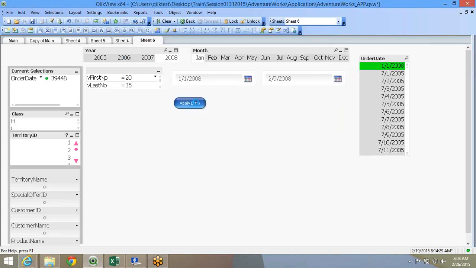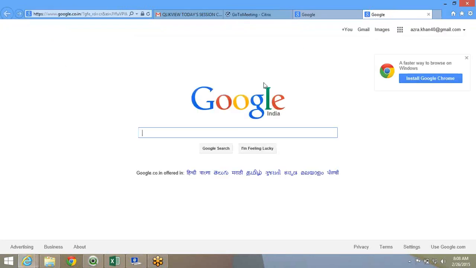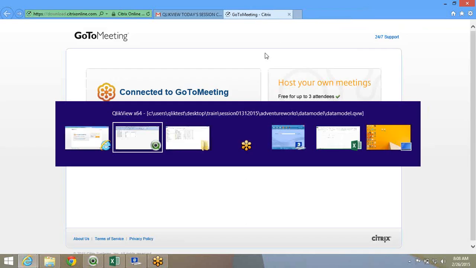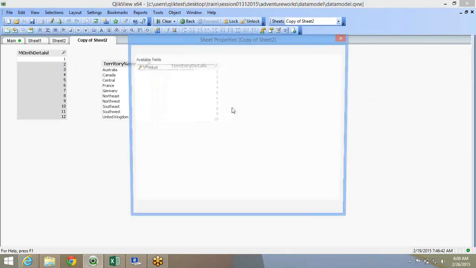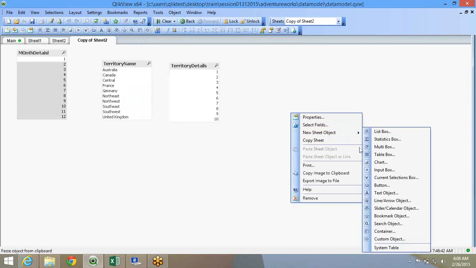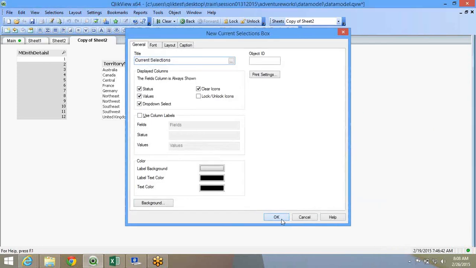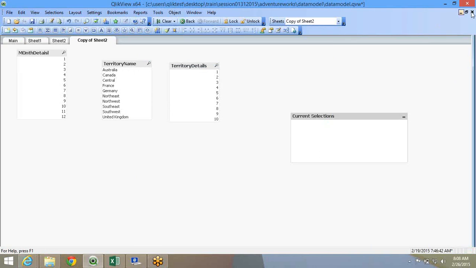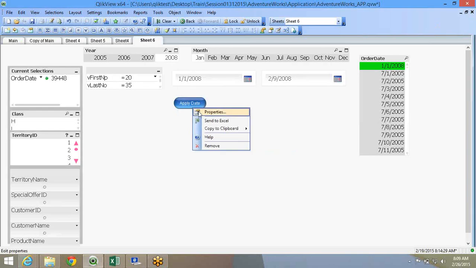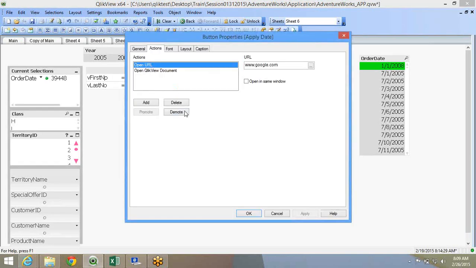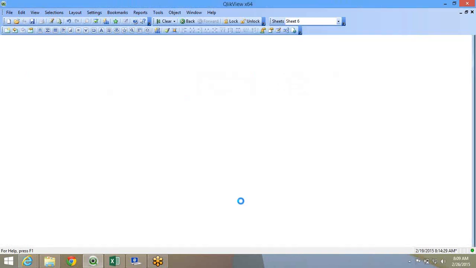Now what happens when the user clicks on this button, that particular document will open up. Okay, now the document is opened over here. So this is the document. If you want to look at it, we'll see what all is selected. Order date is selected. And let me just clear and close this file again. The thing is, there were two actions. One was to launch the browser and one was to apply state. That's why both happened simultaneously. Let's go kill the open URL, delete it, apply.